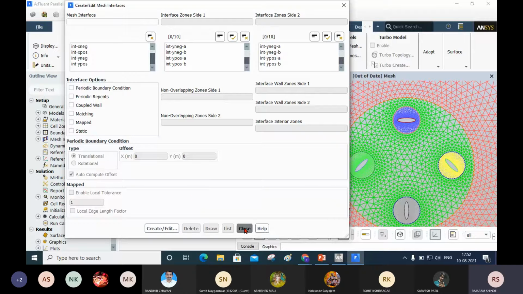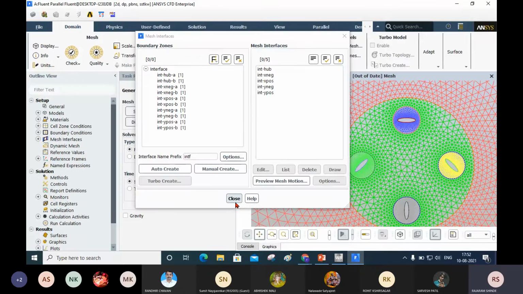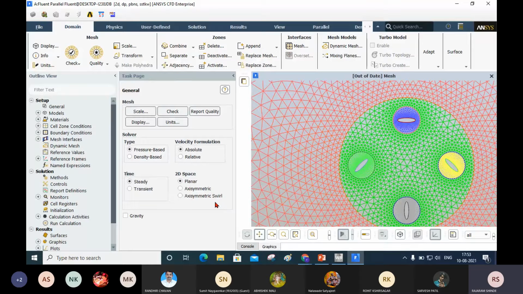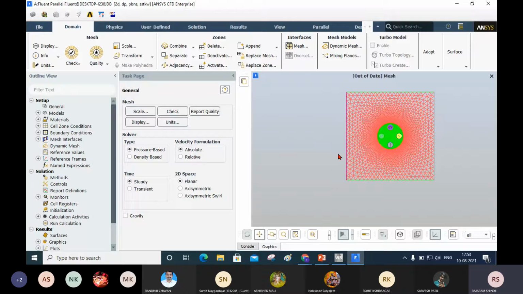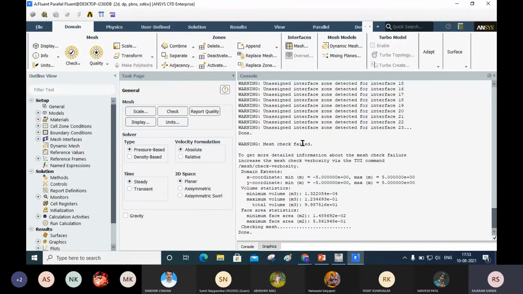Now I will close this again. And now I am going to check the mesh. Now see here, I will show you how this error will be removed when we check the mesh. I will check the mesh, and I will open the console. You can see here this warning, mesh checker failed, that was removed, checking of mesh was done.